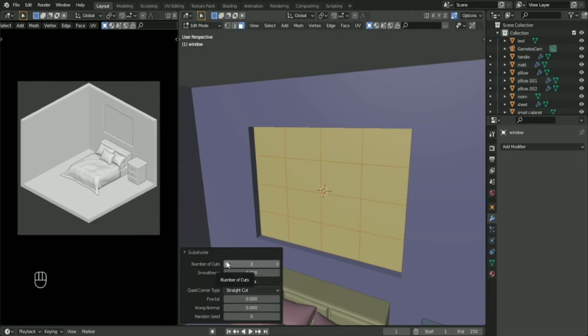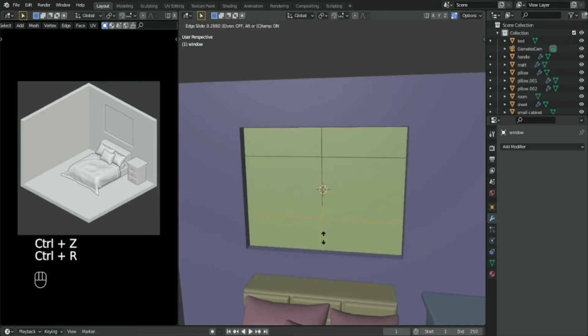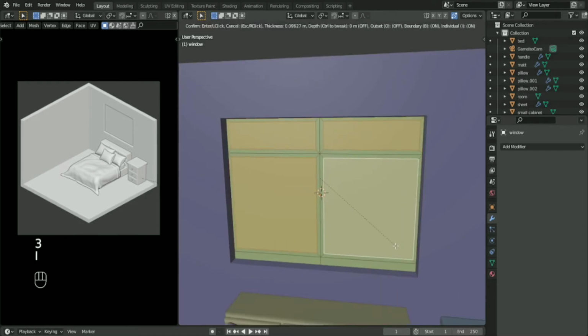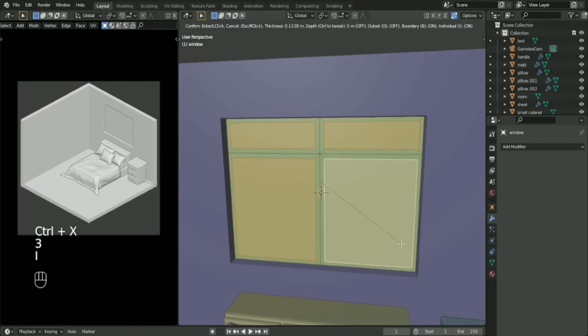But I guess this is not good, so we are going to add edge loops like that by pressing Control R, and also by selecting all the faces and then insetting it by pressing I, or wait, I'm just going to delete that one, and also inset this again like that to make this shape,